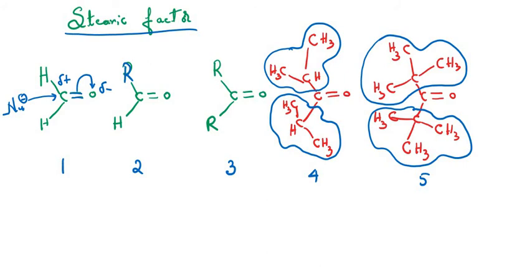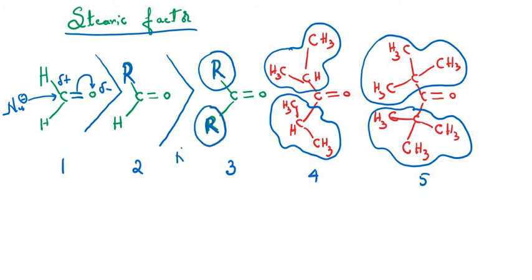So what I can say is that the steric factor is very less in case of formaldehyde. Therefore the reactivity of formaldehyde is more towards nucleophilic addition reaction, but it is less in the aldehyde, because here I have an R group. R group is a bulkier group, so this aldehyde is less reactive when compared with formaldehyde. But this aldehyde is more reactive when compared with this ketone, because in this ketone I have two R groups. These are bulkier groups. It means the bulkier alkyl groups will be hindering the attack of the nucleophile. Why? Because it is leading to steric hindrance.